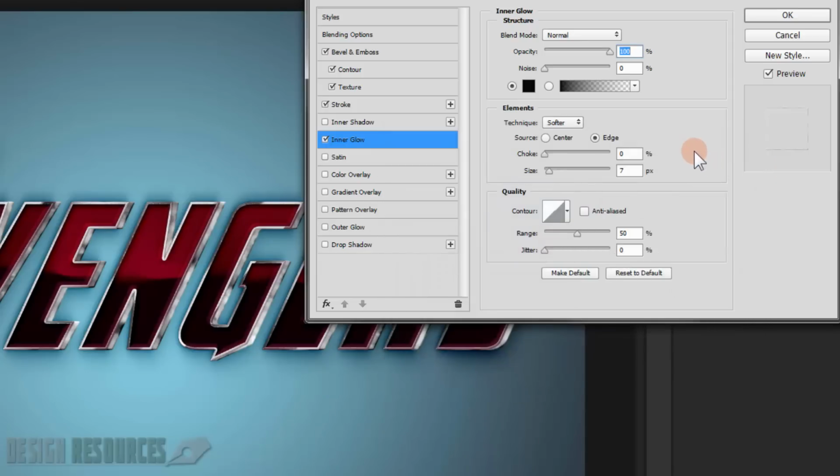Red is okay, and I will just make the technique softer. Here I will just keep the same, but in the shock I will choose 10, and the size is 16, and I will just keep this like this. So now I will go to the satin,